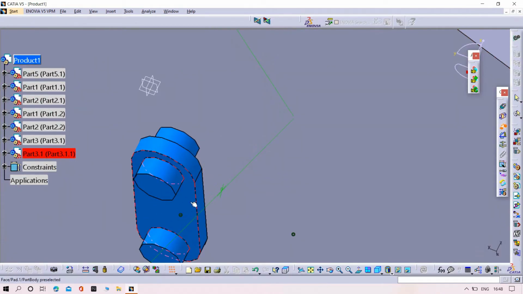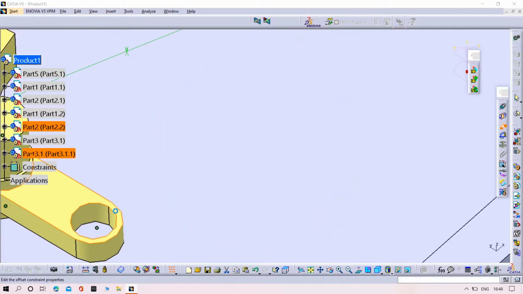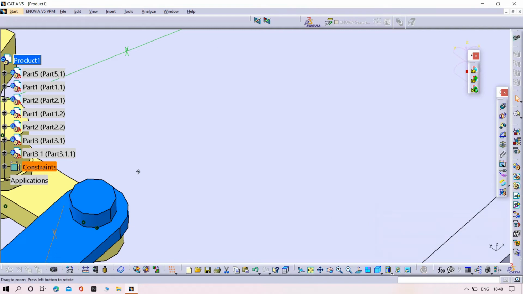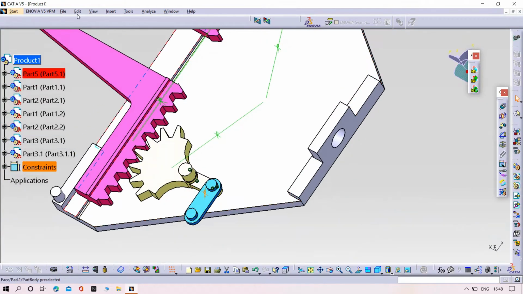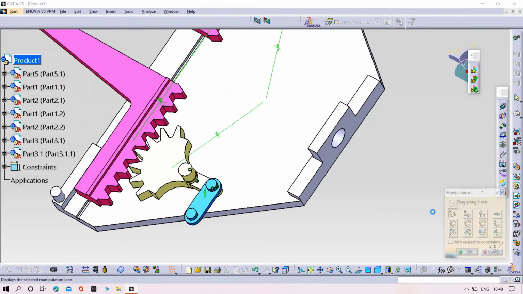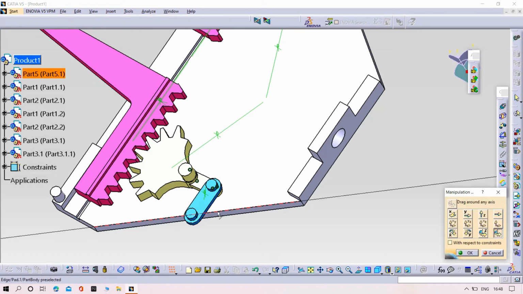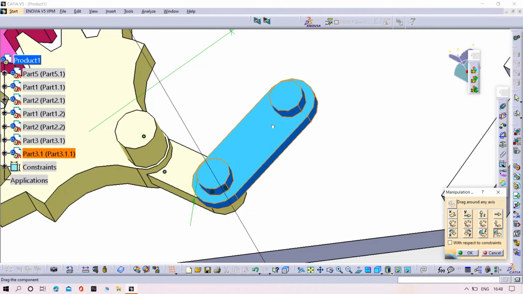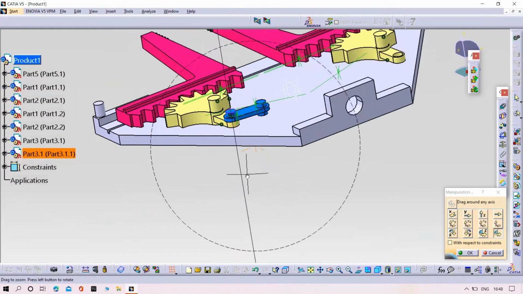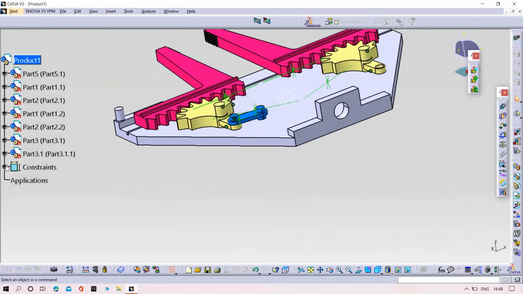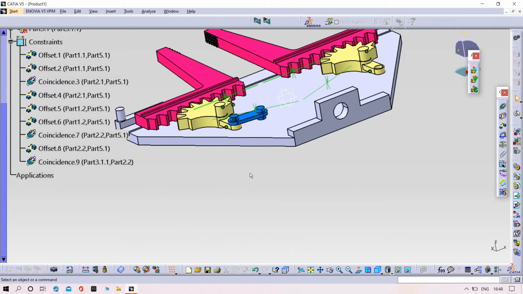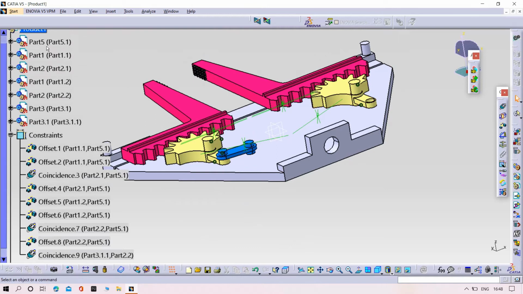Then try to give the surface distance, apply, and then try to rotate the link. Perfect. But go to the constructions and then try to delete the surface relation, and again we need to insert